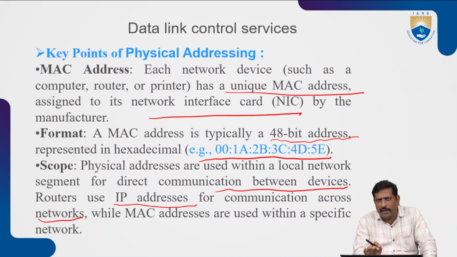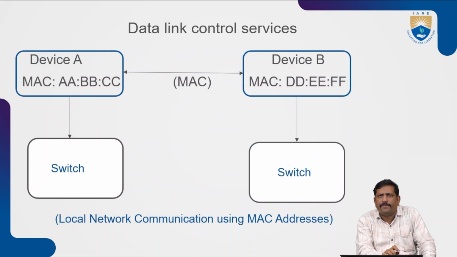Each and every device has its own IP address, which identifies the device and transfers the data to the particular destination. While MAC addresses are used within the specific network,